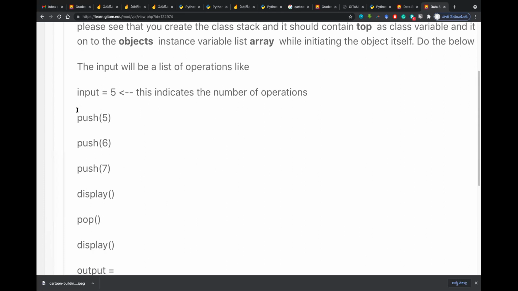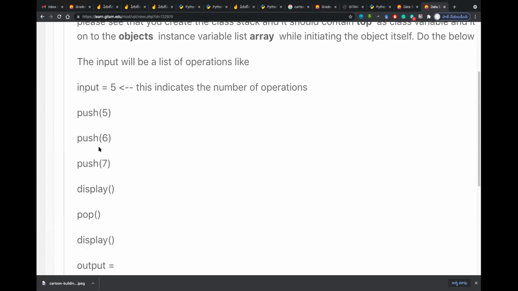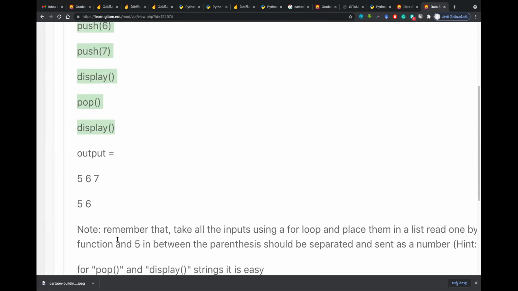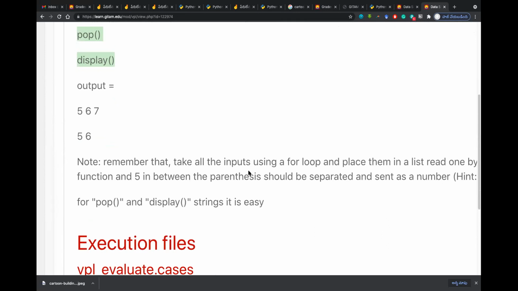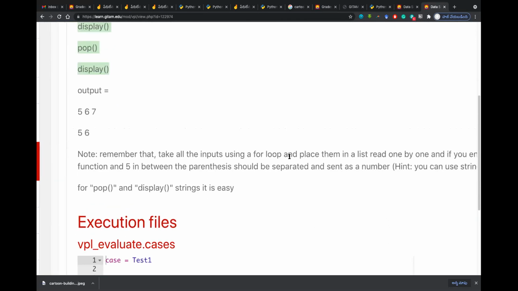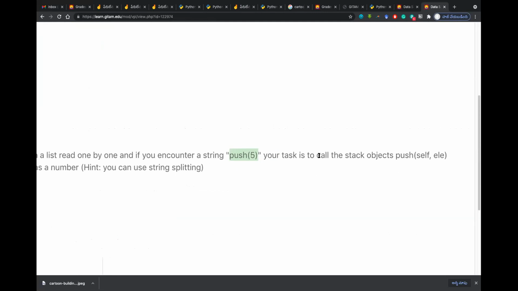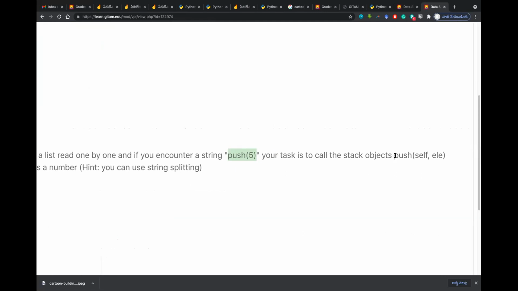See, a small twist in the program is that you should keep all this input which comes as a string into your list. Now, while reading the list, you see here I have clearly given the note. When you find push of 5, you should call the push function of your stack object. So in the morning we discussed how we create the stack class and how we call the push function of that object, right? Everything clearly. So the same thing you apply, but this time when you see push of 5 as a string from the list, because you are storing all the 6 operations in the list, right? One by one you try to read them